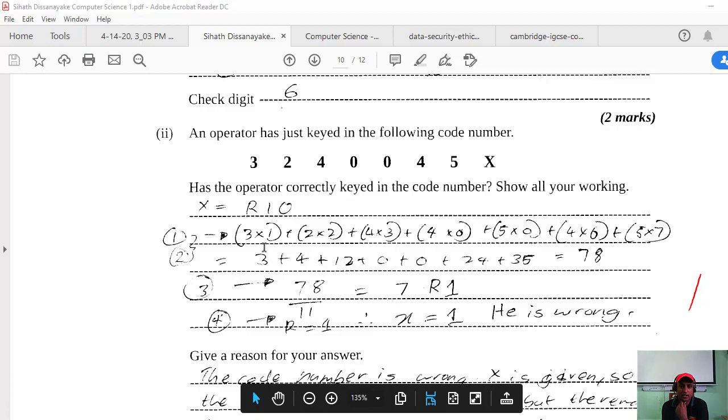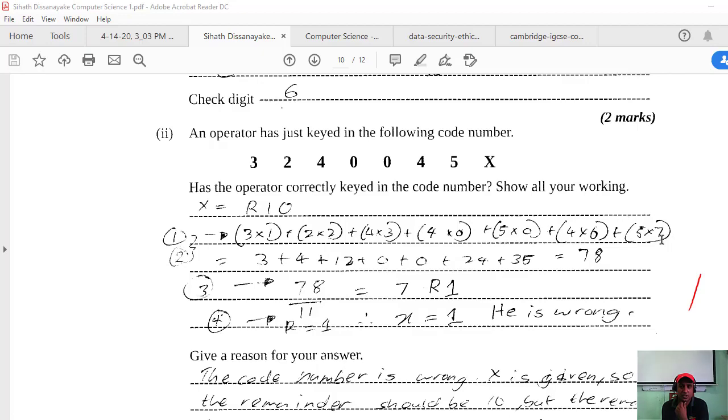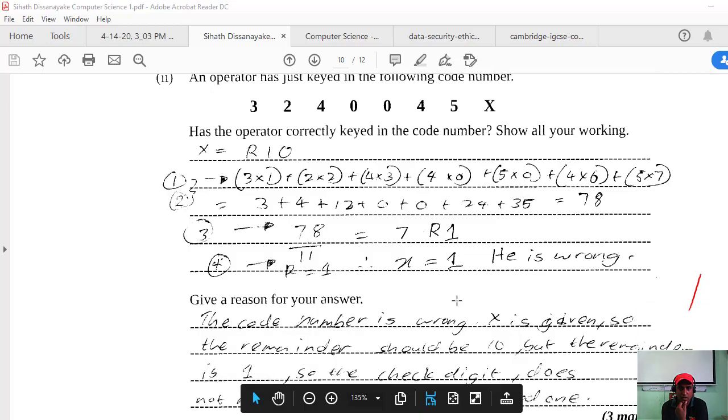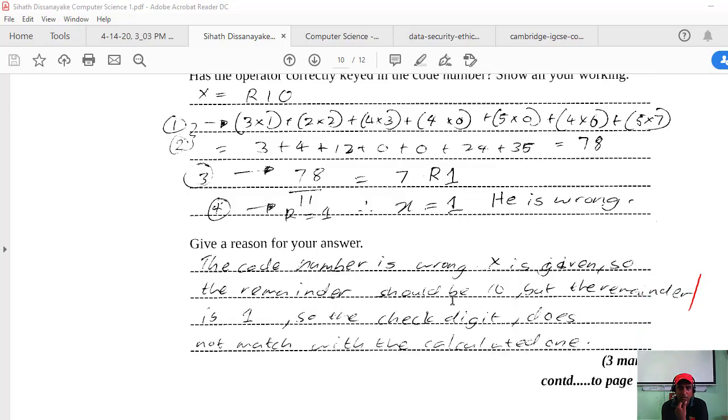So multiply 1, 2, 3, 4, 5, 6, 7. There are 7 numbers. You multiply, then add, and divide by 11. You got a result called 66. Okay, remainder, no, 77. Remainder is 1. So the check digit is wrong. Right. This code number is wrong.